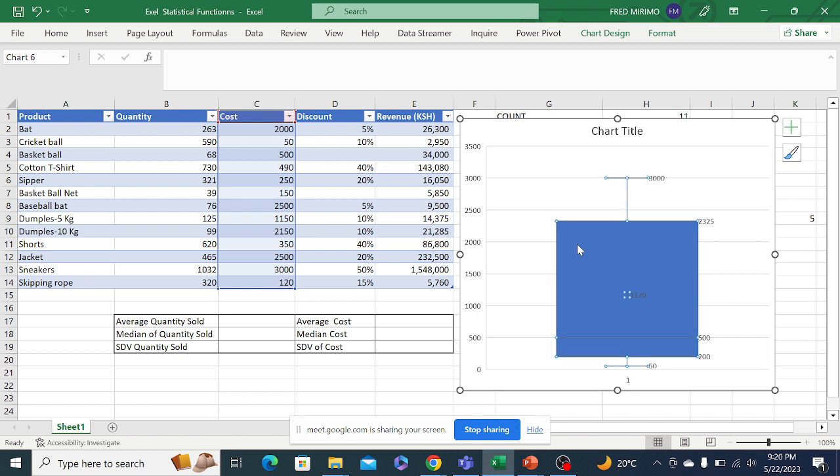So what this implies is that when you see this box and whisker plot, and you compare with the first box and whisker plot that we plotted earlier, you can see there is a lot of differences. So here we can see this value, that is